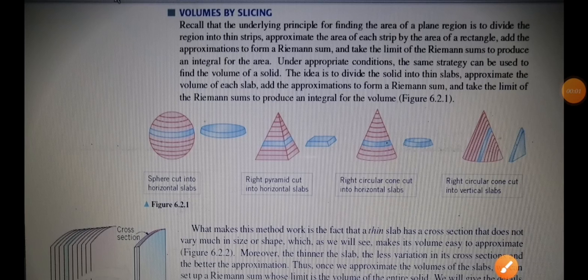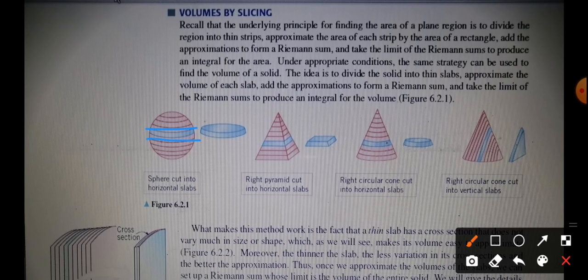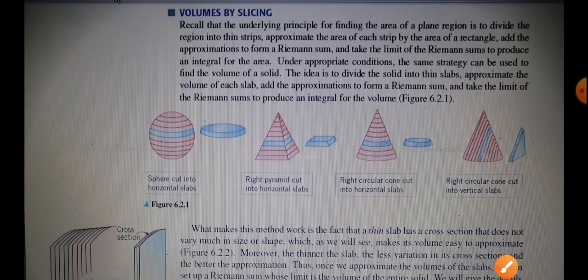Assalamu alaikum class. In this video we will learn exercise 6.2, volumes by slicing. So this is basically a technique in which we can find out the volume of any solid shape by slicing it into smaller pieces, and then we will integrate or add up the areas or the volumes of all the smaller pieces. So we are going to apply this technique on solids of revolution.